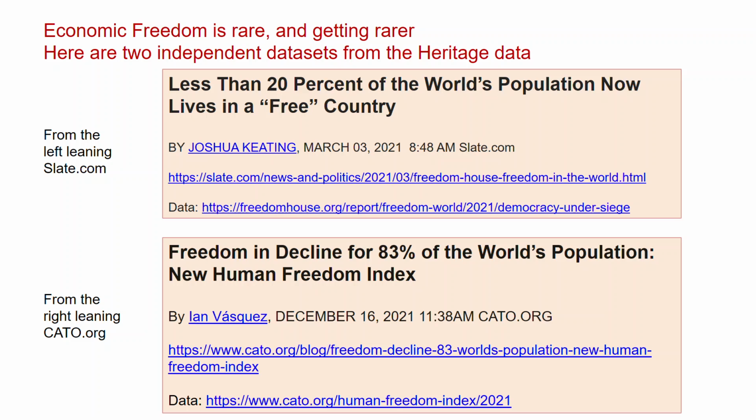What about Cato? It's a very right-leaning libertarian organization. What do they show? Freedom in decline. 83% of the world's population, based upon, yet again, a different measure of this. So here are three different measures talking about economic